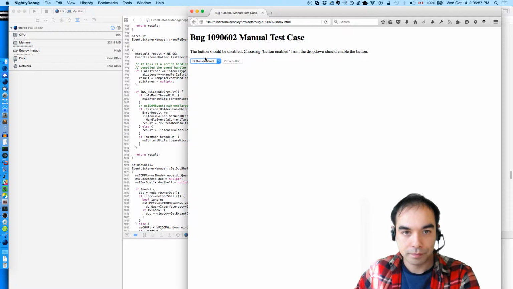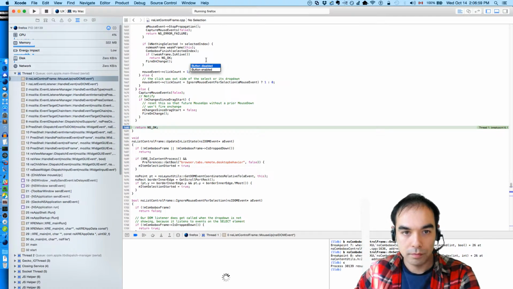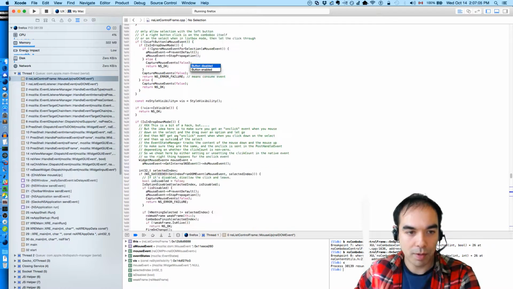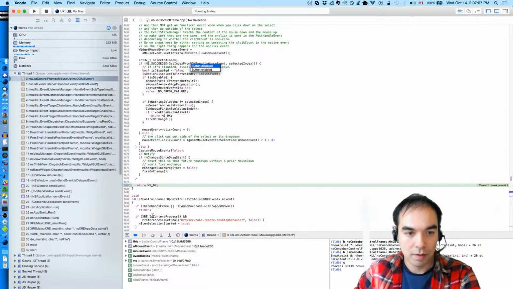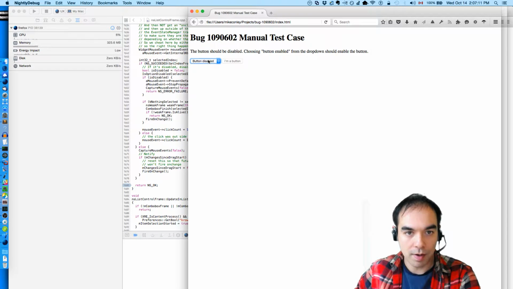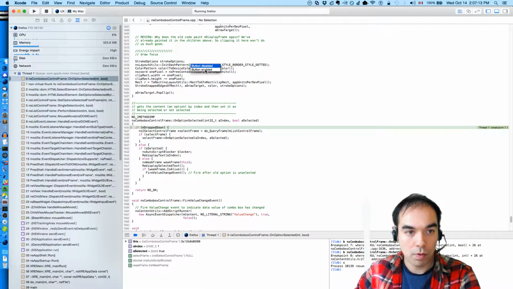Okay. And this is the mouse handler. I'm going to get rid of this breakpoint. Okay. There are no breakpoints here. And no breakpoints. Oh! On option selected.